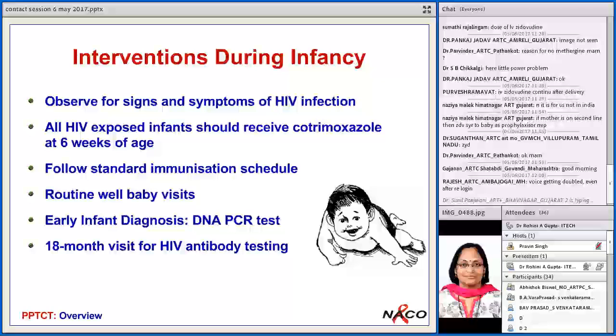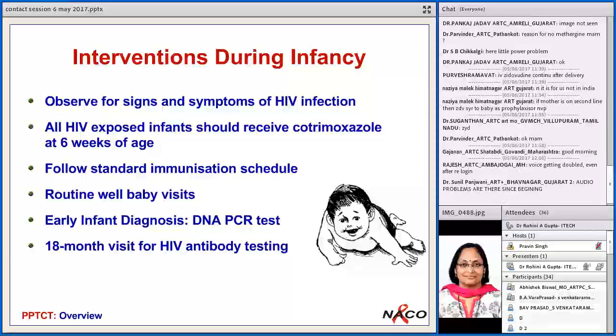What are the interventions during infancy? We must clinically follow up all these babies for any signs and symptoms of HIV infection. All HIV exposed infants should receive cotrimoxazole prophylaxis at 6 weeks of age. Follow the standard immunization schedule. You have routine well baby visits, early infant diagnosis, and the final diagnosis at 18 months